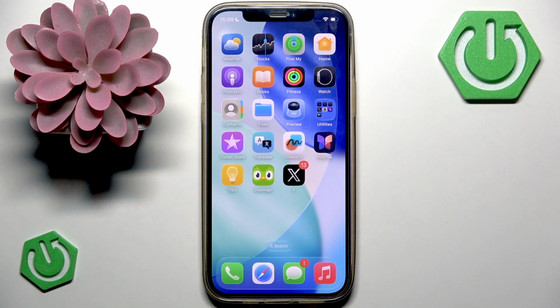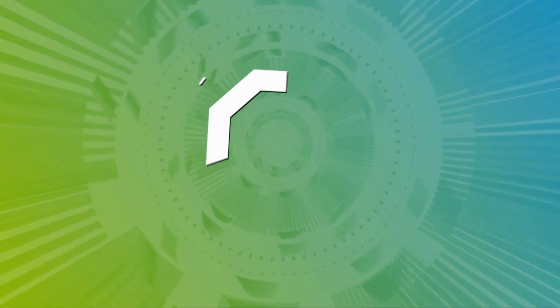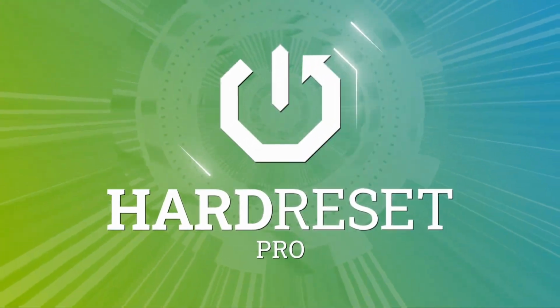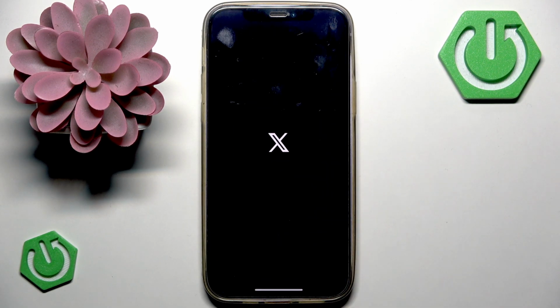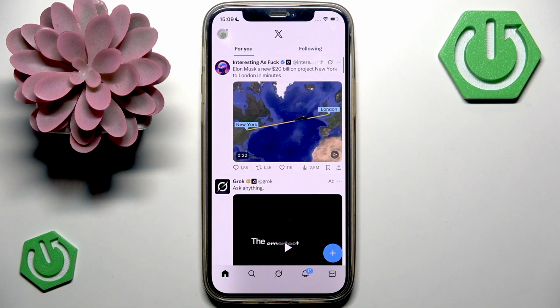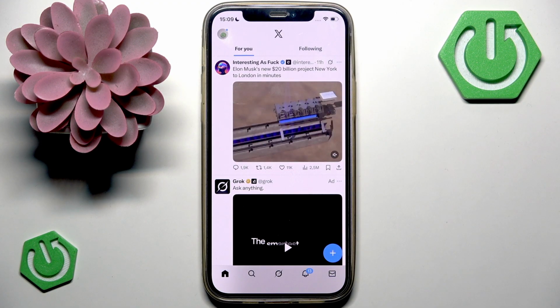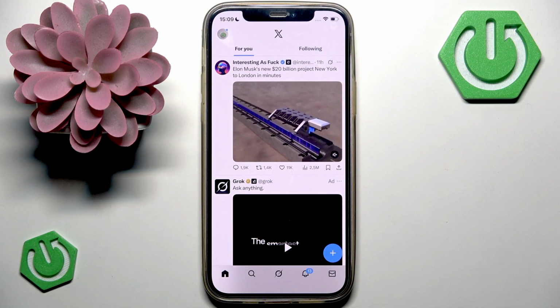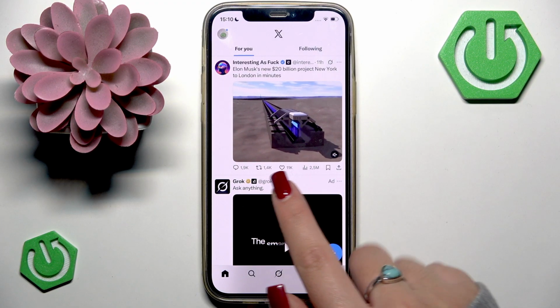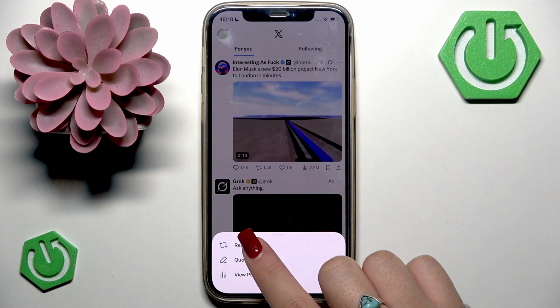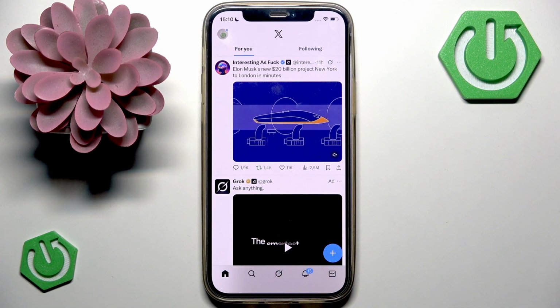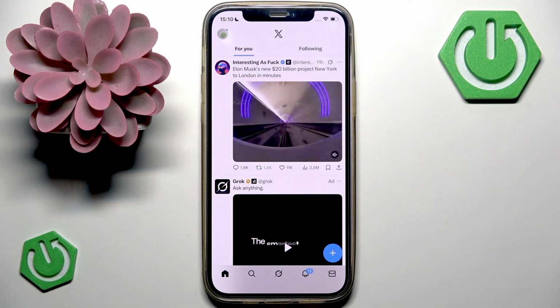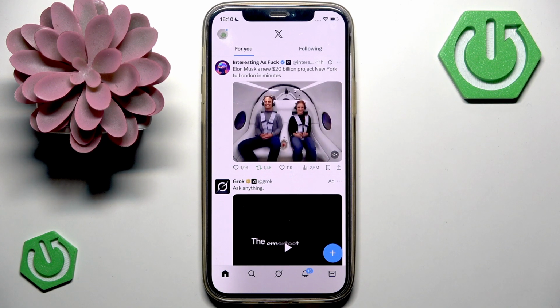In this video, let me show you how to retweet on X. The action known as retweeting on X is now called reposting. So let's open the X application on my phone, and I want to go to any post that I want to retweet, and under it I want to tap the repost icon that looks like two arrows in a square, and here select the option repost. The icon will turn green, which indicates that you have reposted this post, and you can see it